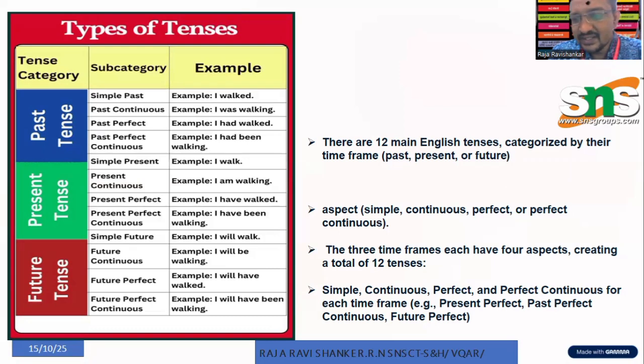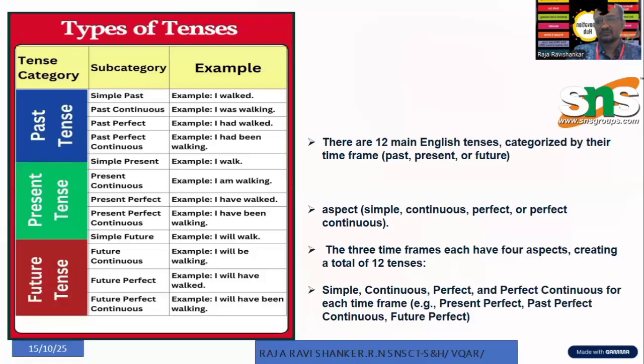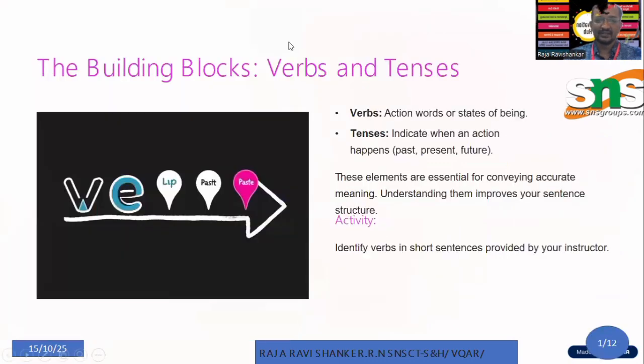So what is tricky is how these continuous tense and perfect tenses are there. Normally the continuous tense and perfect tense, they differ. So how this adds up and how we do this really matters and how it goes on. So now let us do the next thing. Now, building blocks, verbs and tenses.